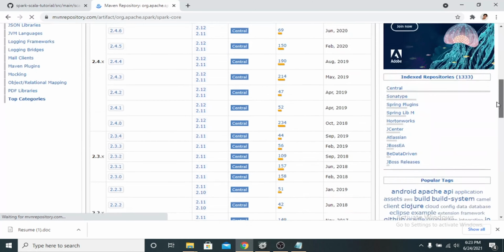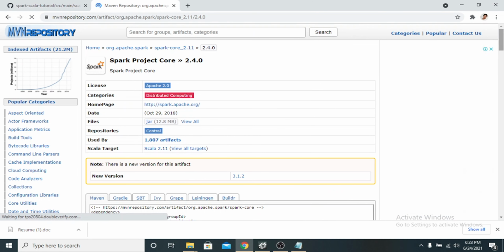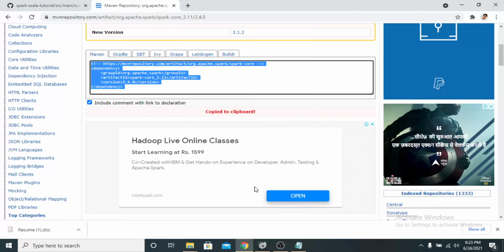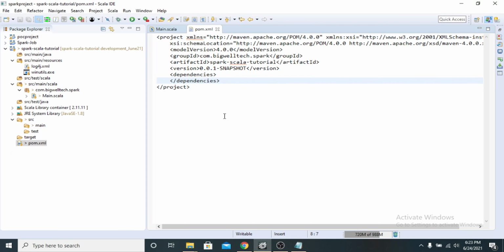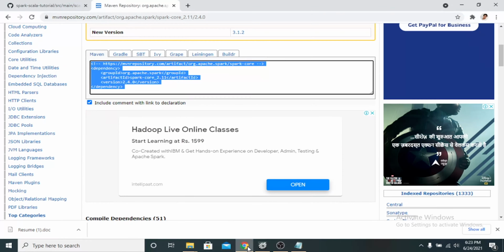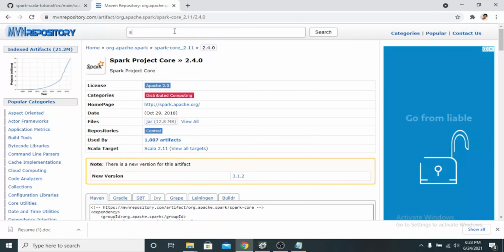We will take version 2.4.0 and Scala version 2.11, and add this in our dependencies. The other one is Spark SQL. Why do we need Spark SQL?